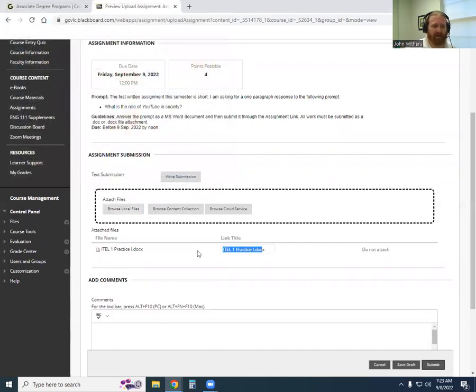Make sure this is the file that you want to attach. Make sure you didn't click on the wrong file. If it is the wrong file, hit do not attach and try again. If this is the right file, whatever this random file is that I'm doing for instructional purposes,